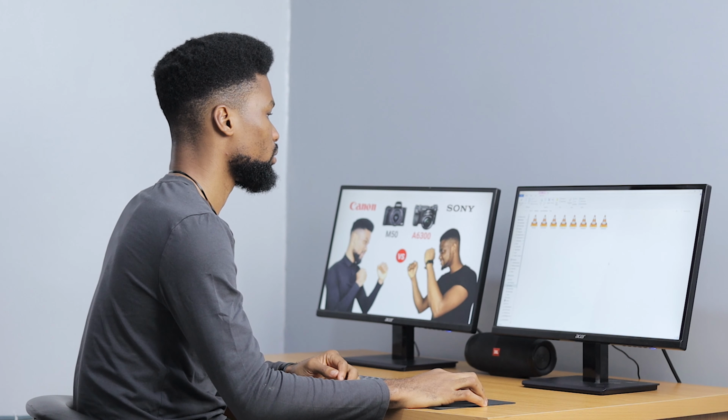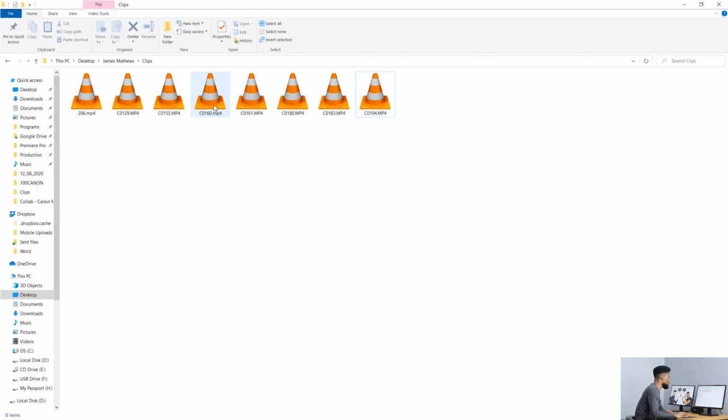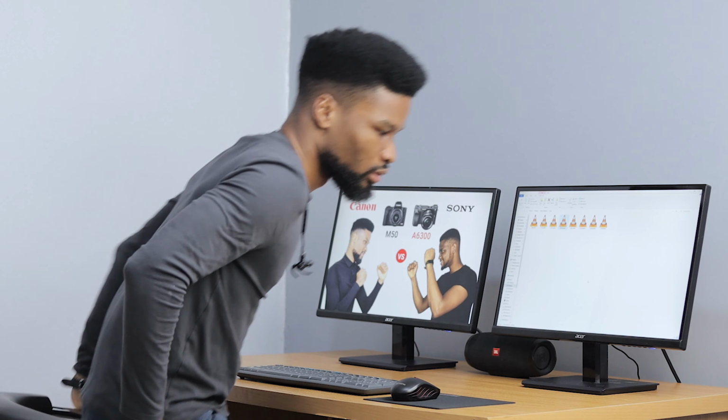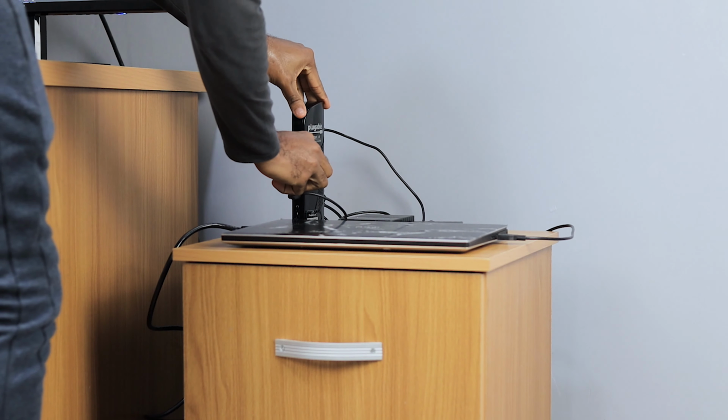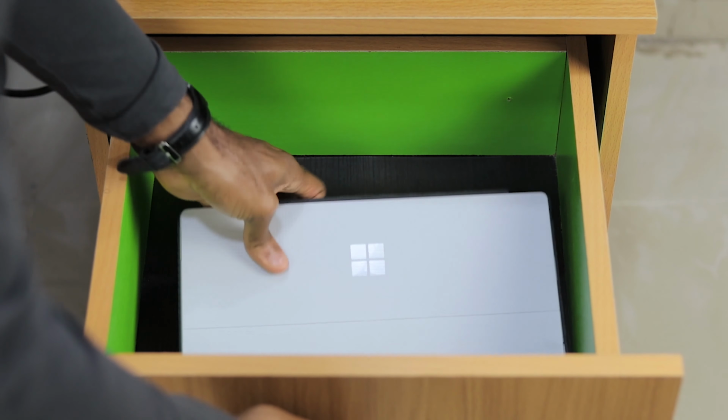What do I do? What if I check out one of the video files on my Surface Pro and see if it's the same result? Copy to flash drive. And done. Hello, Surface.